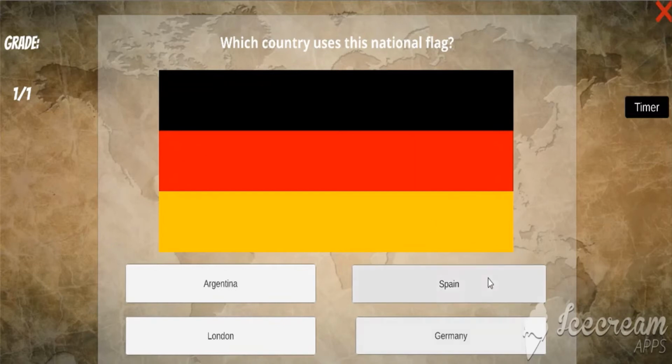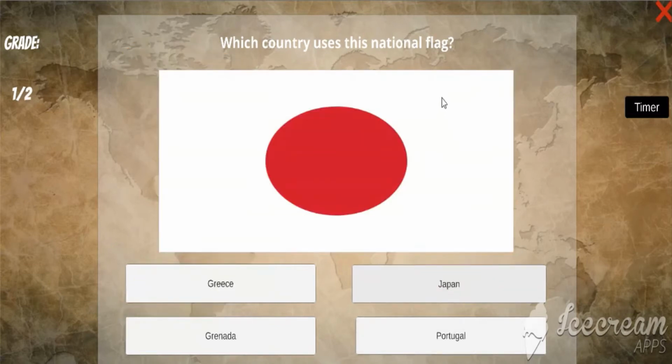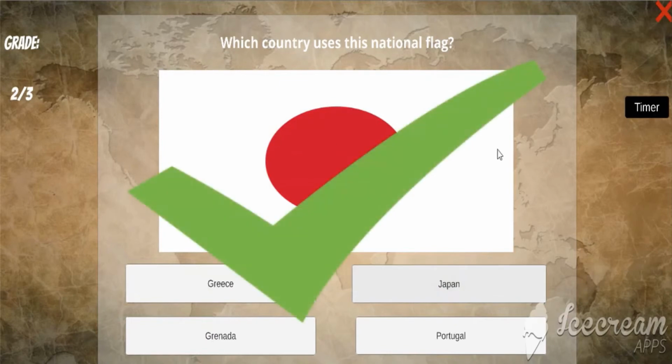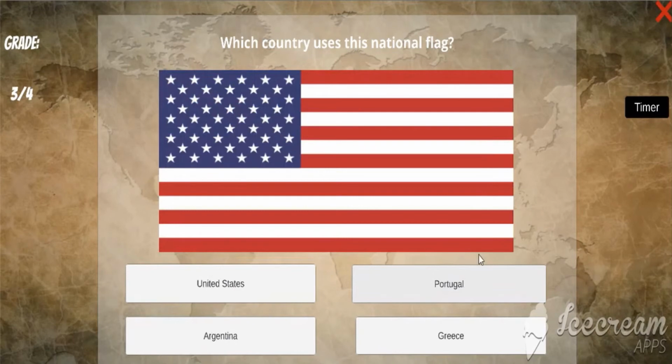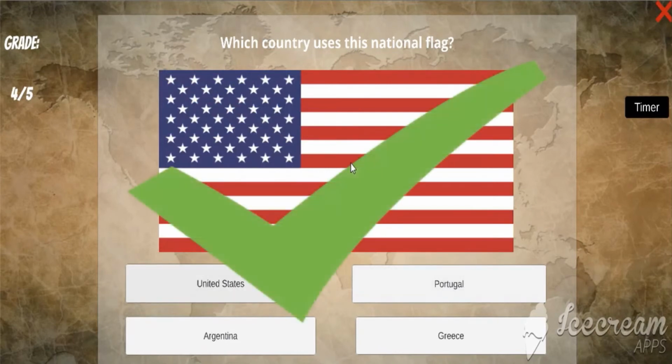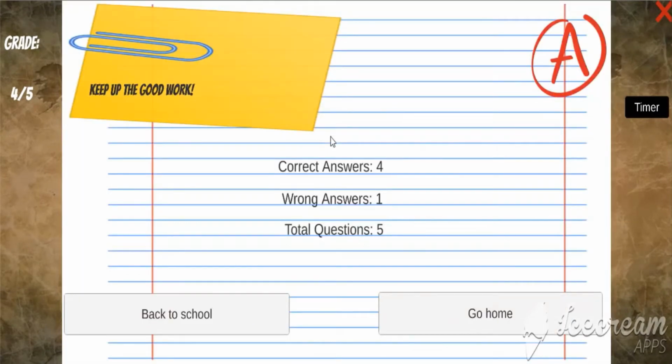If you get one wrong, there will be a big X. And at the end of which you would get a write-up of how you did, correct answers, wrong answers, and total questions, as well as a grade. And that would be it for the desktop implementation.